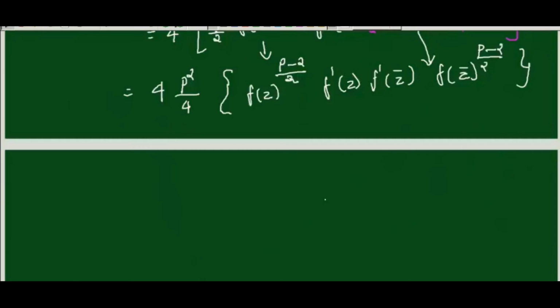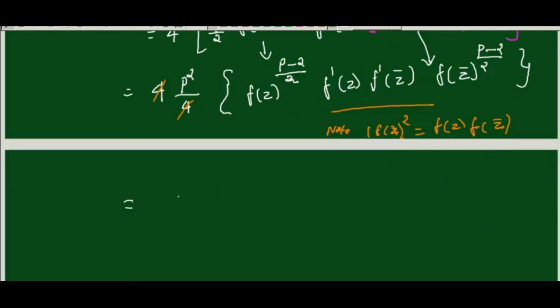Next, using the note. Here I'm going to apply the note. What does the note say? The note says f of z the whole square is equal to, we can rewrite f of z into f of z bar. So here you have to write f dash of z whole square. This 4 is getting cancelled, this 4 is getting cancelled.